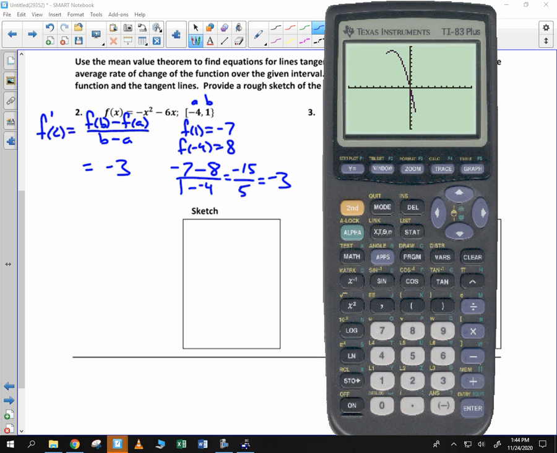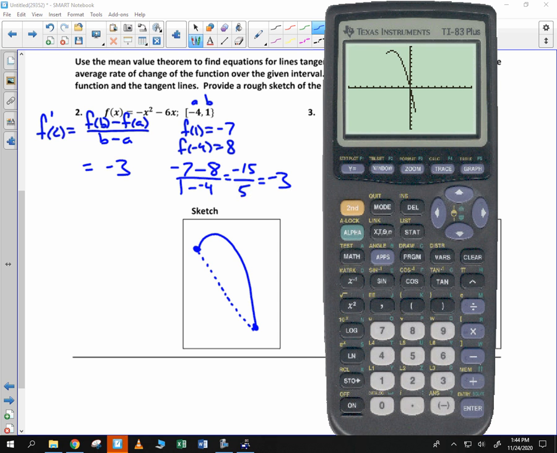So there we have it. So we get this kind of sketch. Okay. So does that look like an average rate of change of -3? And I would say, sure, yeah, that looks like a pretty good representation. So that's what we just determined, that the average rate of change over that interval is -3.